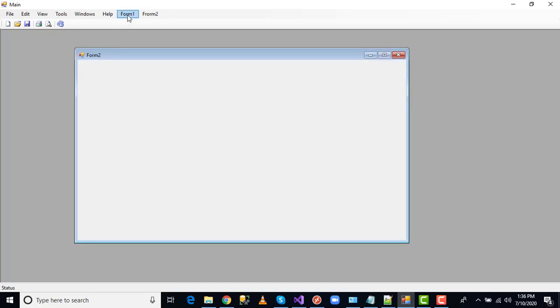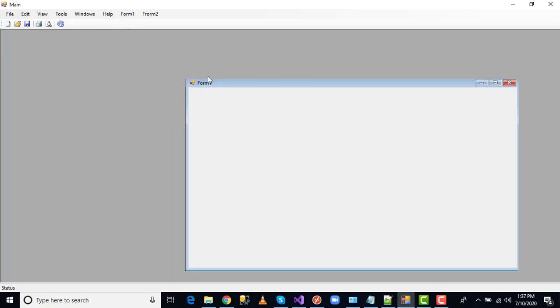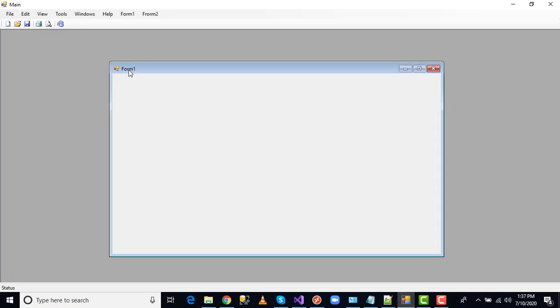Suppose I open form 1 again: form 1 opens but form 2 is hidden or closed. We are doing it like this. Suppose I am opening n number of forms at the same time; too many forms open in the same parent, and we can't handle that easily. So we make it simple and easy to handle, and that is why we are creating this video. In this video you can understand how it works dynamically. Now I'm going to explain this concept in the code.